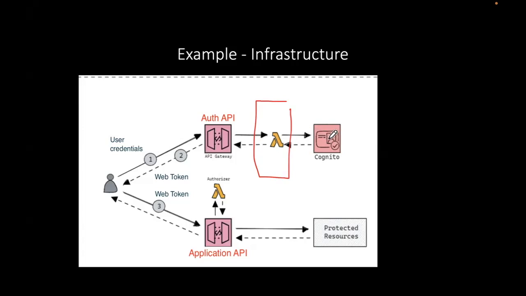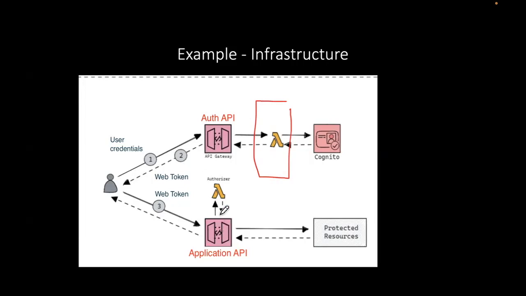And if Cognito is happy with the combination, then Cognito will generate a JWT token, return that back to my Lambda, and that is returned back in the response back to the user. And then that token is used subsequently for any requests that hit this web API. Of course, that token has to be